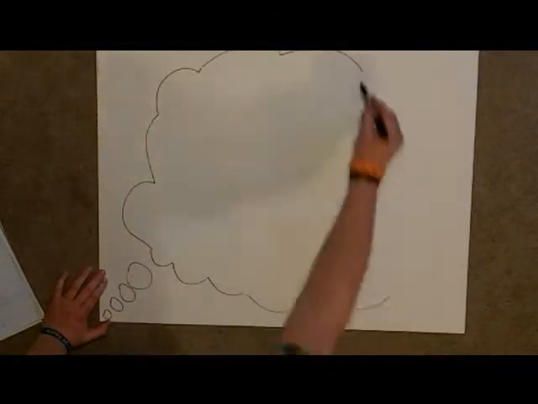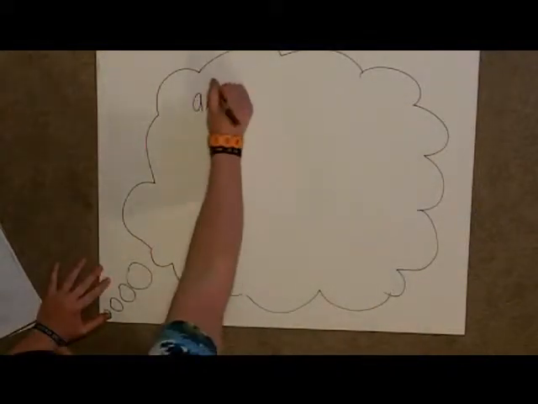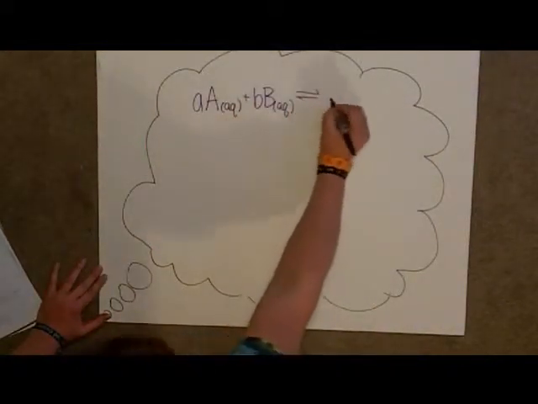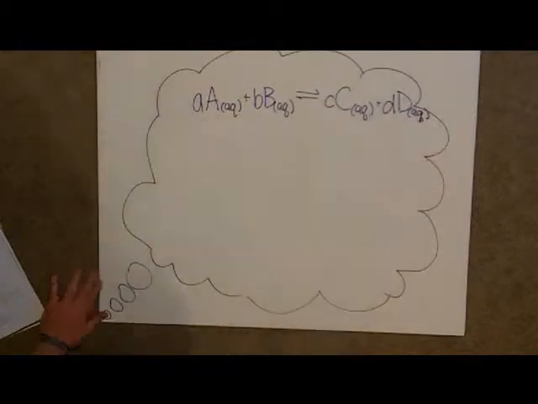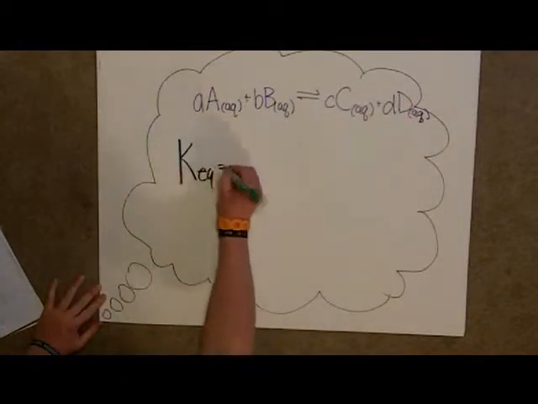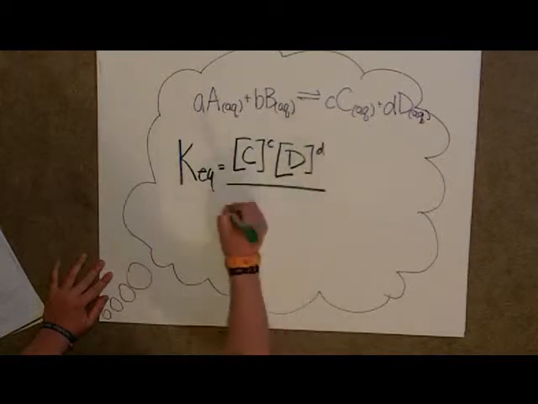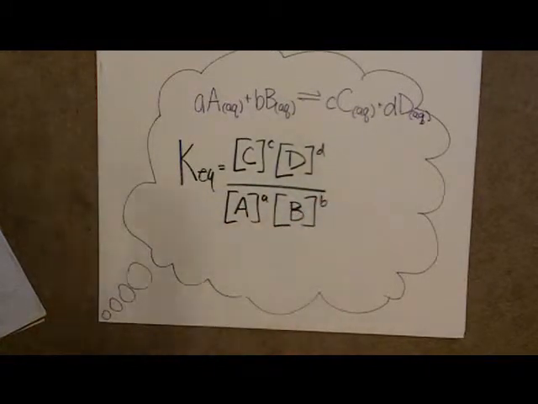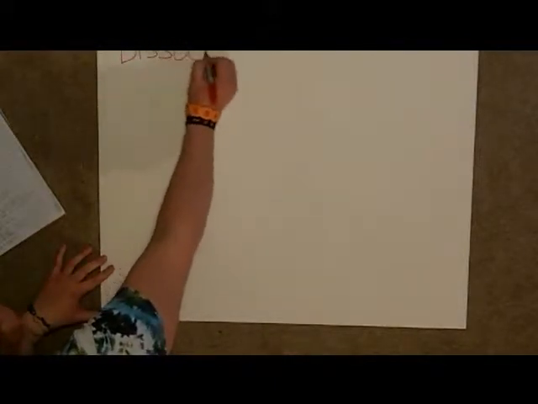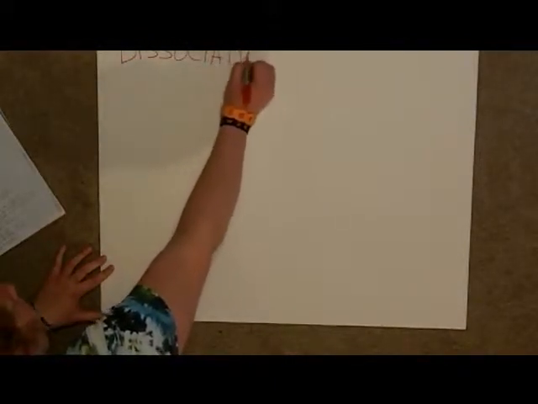Think back to general equilibrium constants. The constant for any reaction in equilibrium is the product of the concentrations of the products, each raised to the power of their coefficients, divided by the product of the concentrations of the reactants, raised to the power of their coefficients. Just like the general equilibrium constant, acids and bases also have a constant expression, and this is what quantifies